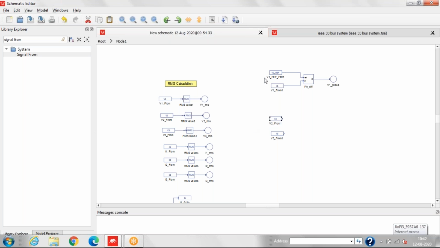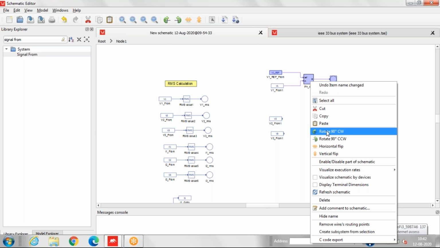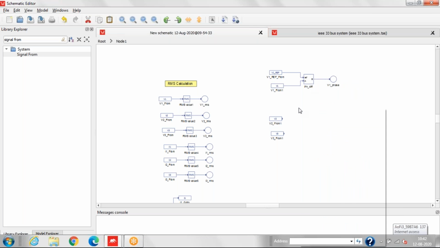Now similarly, we'll copy the signal and we'll paste it here.